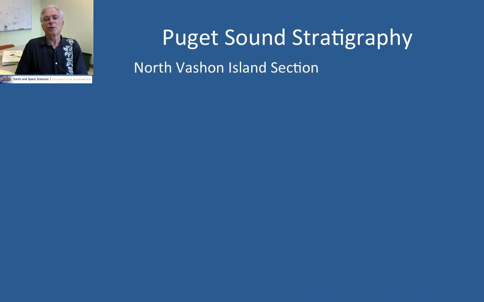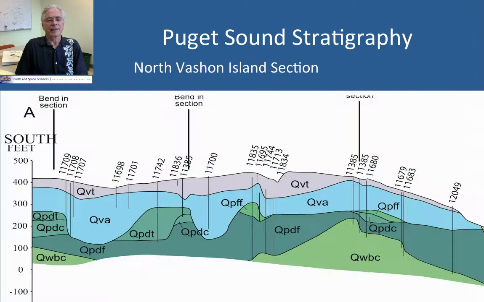If we look elsewhere in the Puget Sound, here's a cross-section in Vashon Island. Here's what it looks like. It's not nearly so layer cake, although QVA and QVT drape across the top. The thickness of the outwash is highly variable because it filled in pre-existing valleys and channels on the landscape prior to deposition. And below that are a whole slew of different